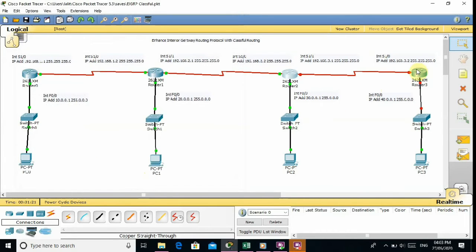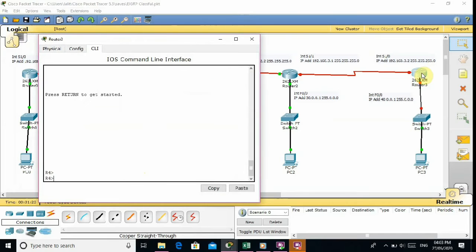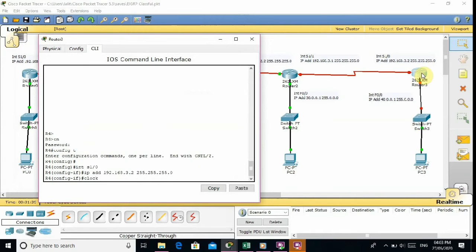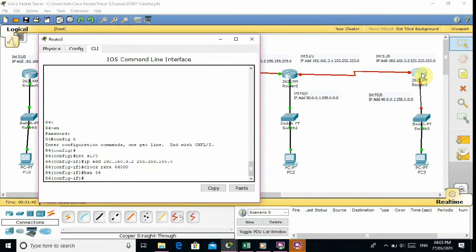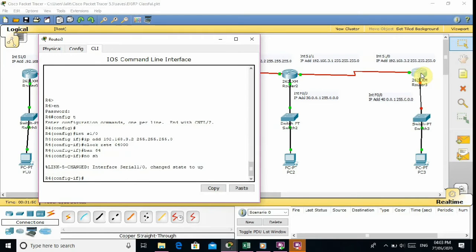Now I am going on router 4 that is connected to router 3. Here I go from enable mode to configuration terminal. Now interface serial 1/0, and IP address is 192.168.3.2, 255.255.255.0. Clock rate is 64,000 and bandwidth is 64. Enter, no shutdown command.